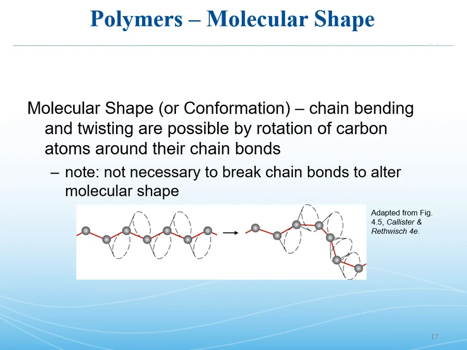And the little dotted cones just show the radius of gyration, the volume that each of those bonds would take up as it rotates around itself, basically like a little set of Tinker Toys. You do not have to break those covalent bonds to get them to rotate. It takes very, very little energy to make them rotate. So that's why you can get entanglement and disentanglement. You can get deformation of polymers without actually ever having to break the main chain,